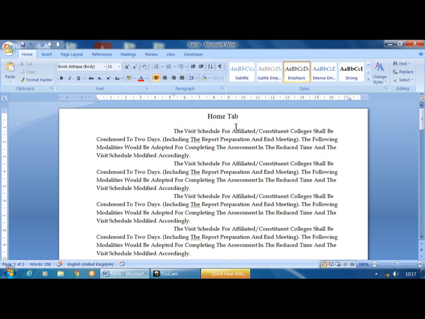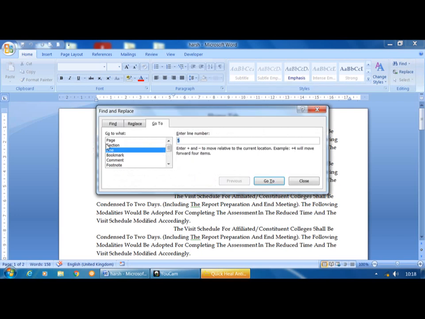So first one, second one, third one, fourth one, and 5th one here. Other than that, go to option. If my file consists of 100 pages, and if I want to move to the 51st page, on that time just click on page and type here 51. Same way we can apply for bookmark, comment, footnote, etc.